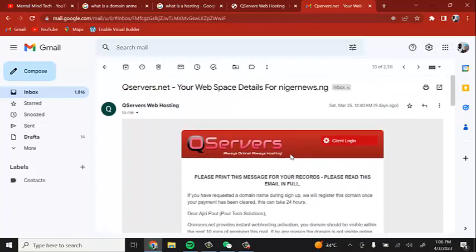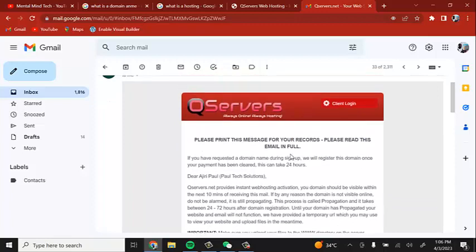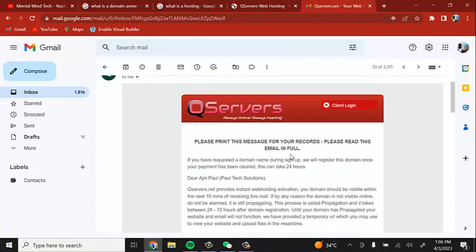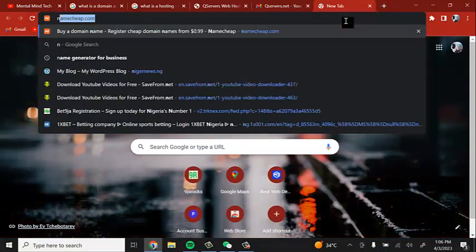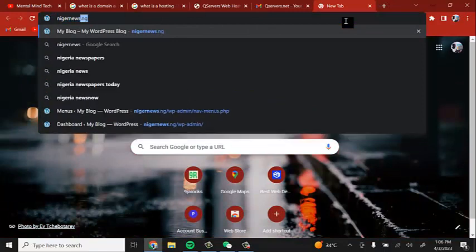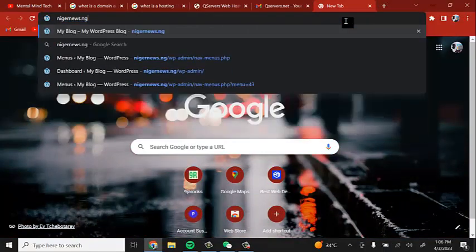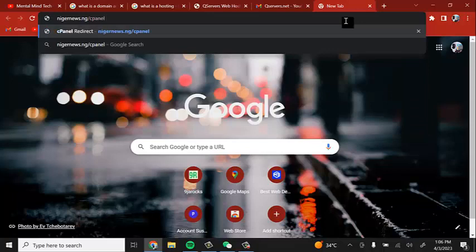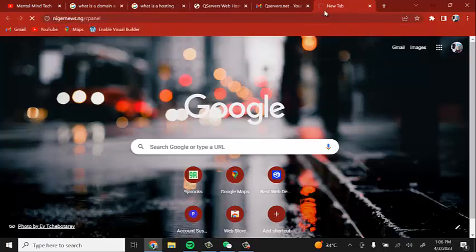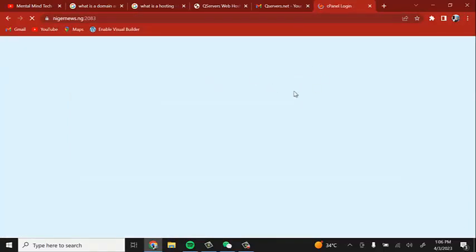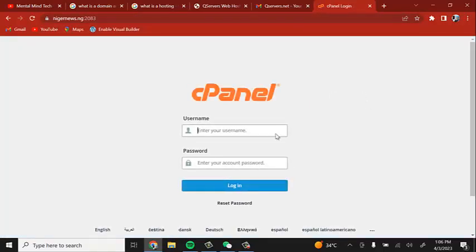Now if you scroll down through this message, you're going to see a place where they say cPanel login details. Then you will see something like cPanel username, cPanel password, and the cPanel login URL. Now to log into your cPanel URL, what you need to enter in your browser is the website name slash cPanel. Okay, when you do this, it's going to take you over to the cPanel login area straight up. You enter in your domain name slash cPanel. So when you do that, it's going to load up your cPanel login area for you, and so you can sign in and get into your dashboard.